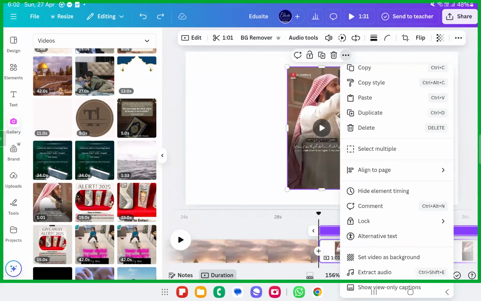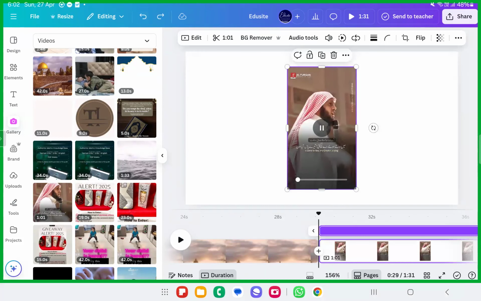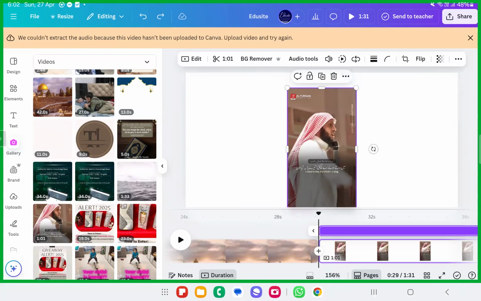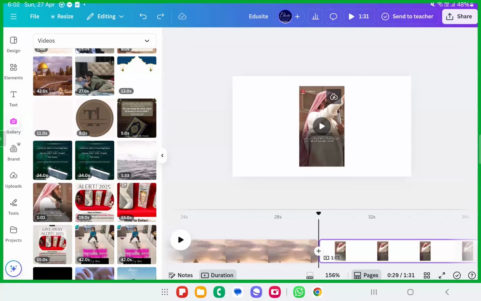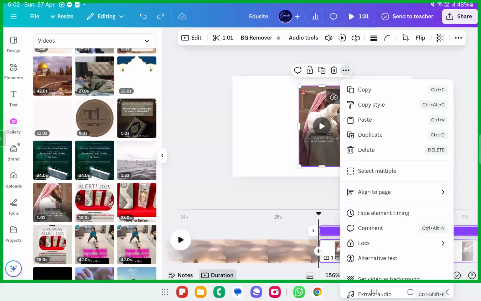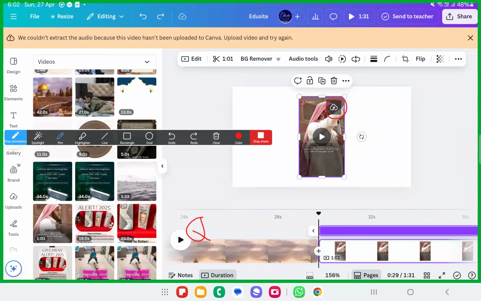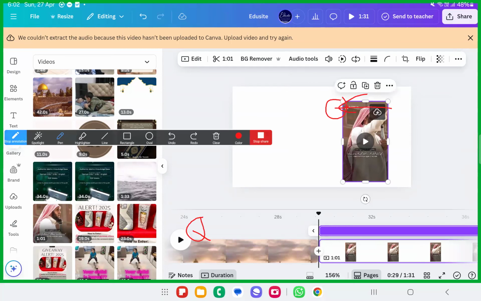It needs some time to upload as well. Remember, it should be uploaded on the Canva gallery. So unless and until it is not uploaded, this will not appear. So extract the audio once you click on the three dot button. Now you can work on this video itself. You can place this video outside. Remember that. Once you are extracting the audio, three dot button, extract the audio. Audio will appear here, but this video needs to be uploaded. I'm actually not uploading this because it will take my Zoom, what we say, internet. So I just cannot split this one. So you actually have to upload this. You have to click on this button.